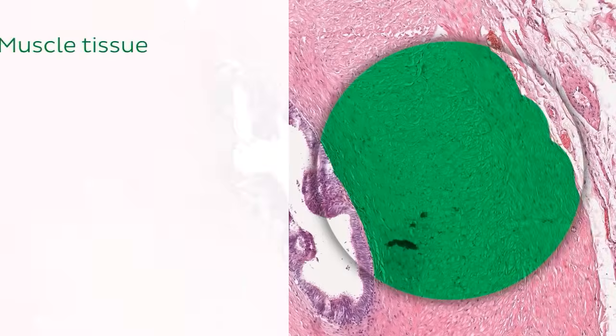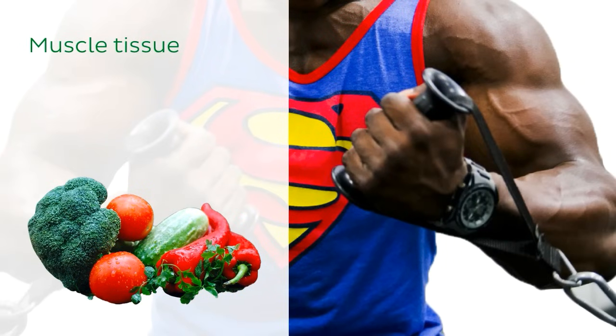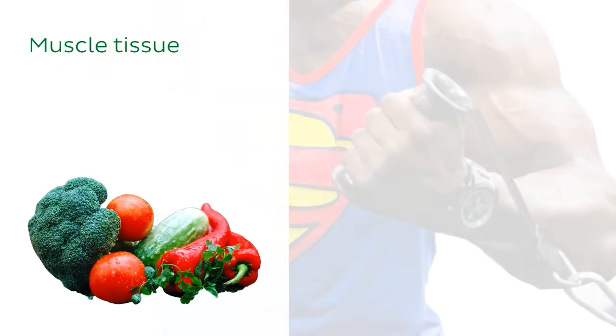So muscle tissue is exactly what you think it is. Yes, it's that red meaty tissue which affords mobility to many of our internal organs as well as to our body as a whole. So muscle tissue is particularly unique because it is able to convert chemical energy, which we obtain mainly from food, into mechanical energy, thereby allowing us to lift things, go running, and